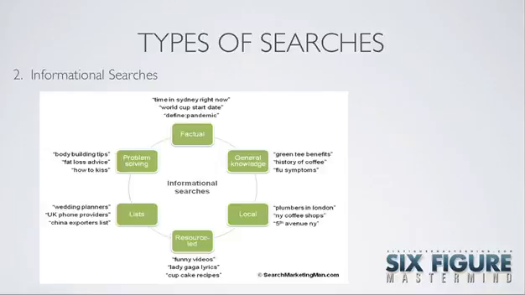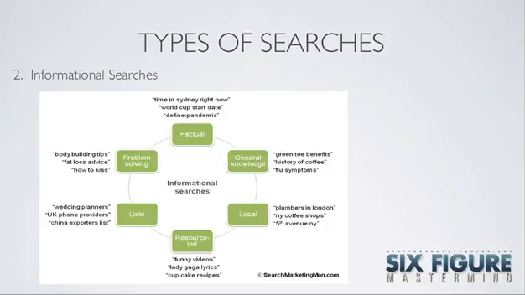The second type is an informational search. This is getting more towards what we're trying to target. People that are searching for information, bodybuilding tips, fat loss advice. Those are all informational based searches. Now, they could be buyers. You don't know yet. You don't know if someone searching for bodybuilding tips may just want some free advice. You don't know if they're willing to pay for a DVD on how to do bodybuilding or certain products to help them bodybuild. So informational searches are people that are just trying to get more information on a particular topic.